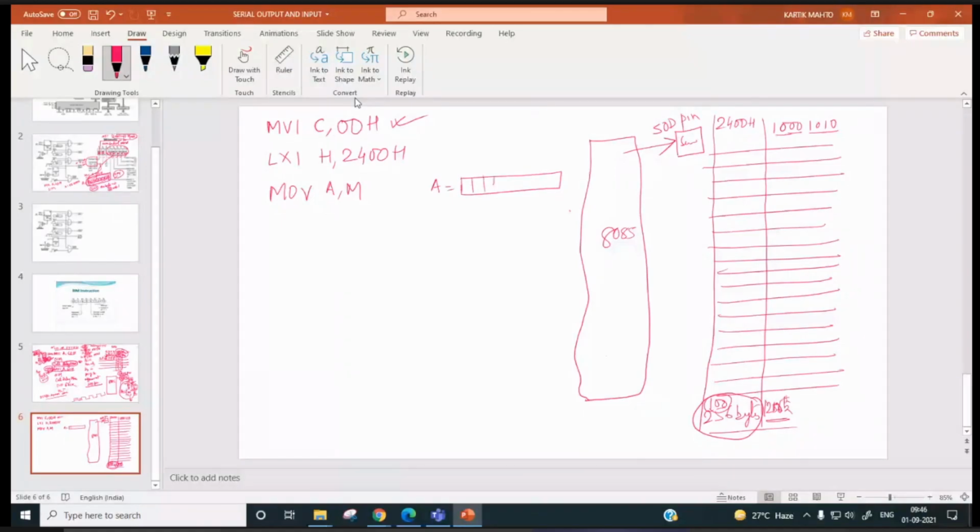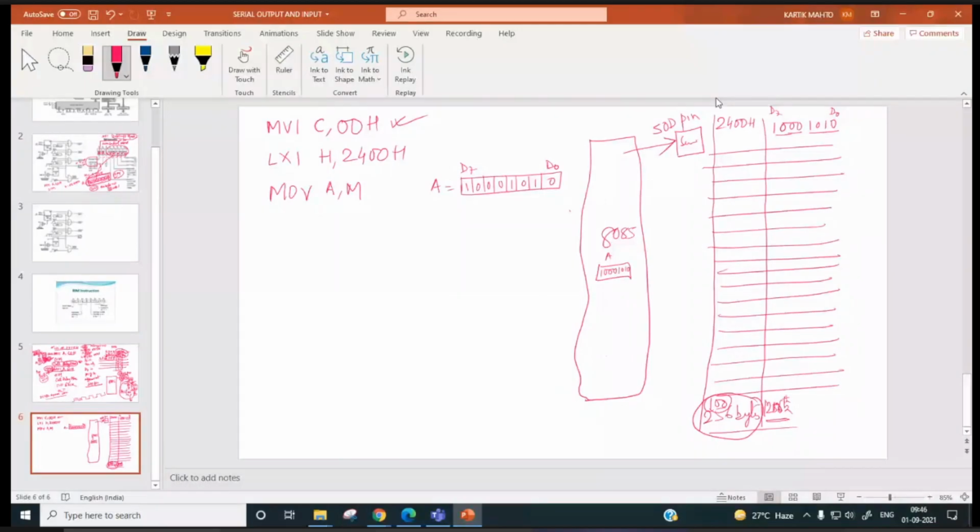Sir, 8A. Right. So this is D7, this is D0. From memory we have taken this one inside the processor. It will be 1000 1010.